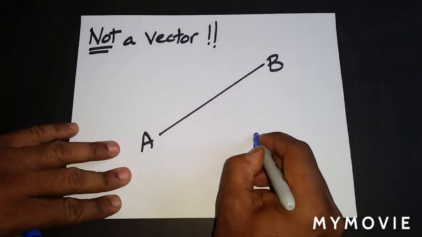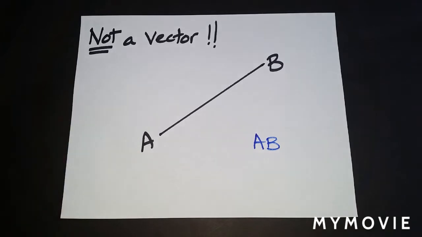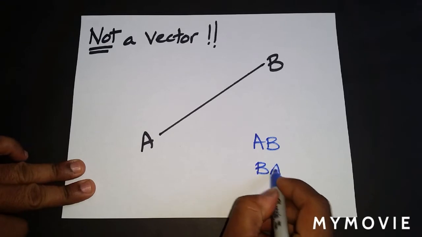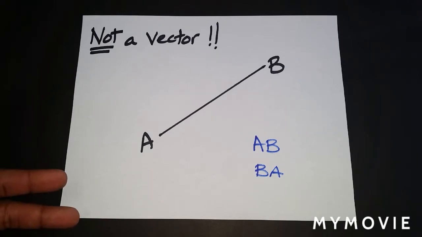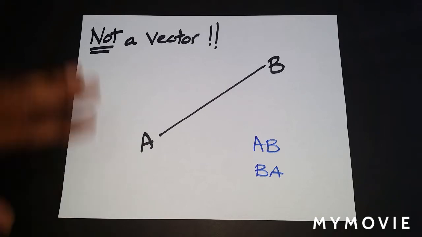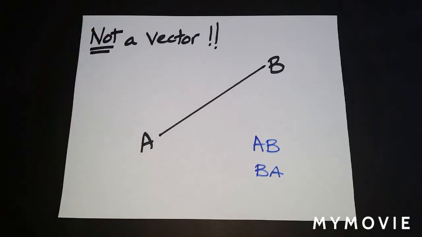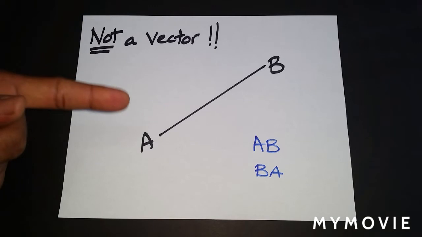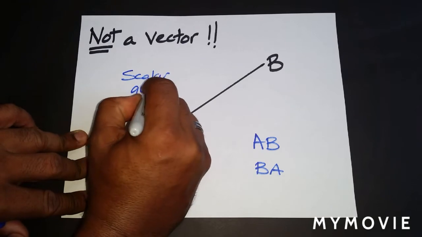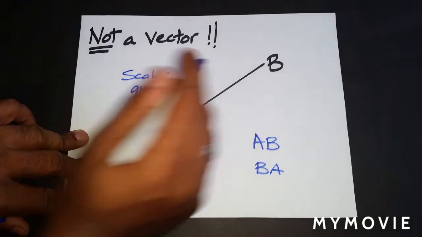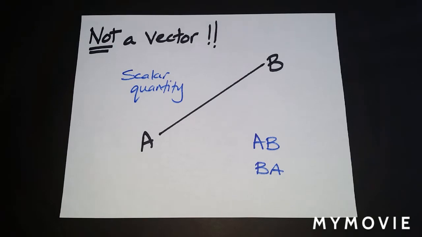All it is is AB. That's all it is. All right? AB, or BA. And that is why sometimes when we're calling the side of a triangle or a rectangle or a polygon, we can say AB or BA because there is no direction indicated. The focus is on magnitude. So clearly, this is not a vector. You can call it AB or BA because the direction is irrelevant, which makes this a scalar quantity. So this is a scalar quantity simply because it only has magnitude. So this is not